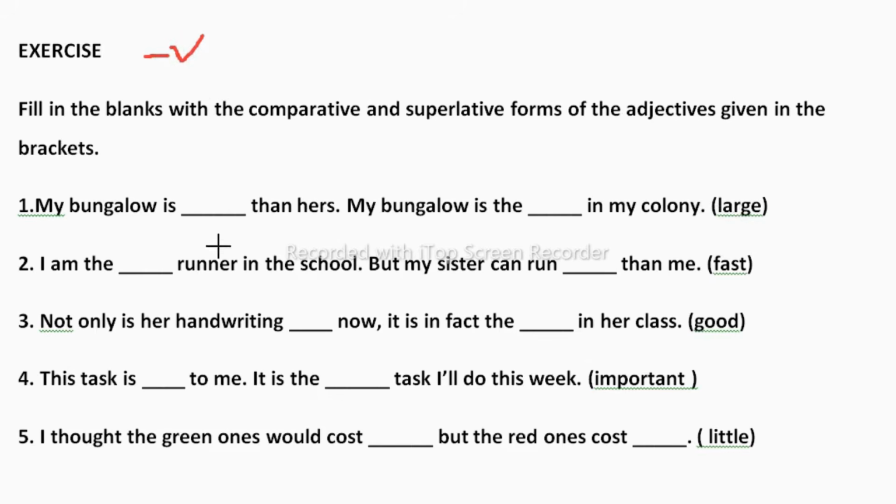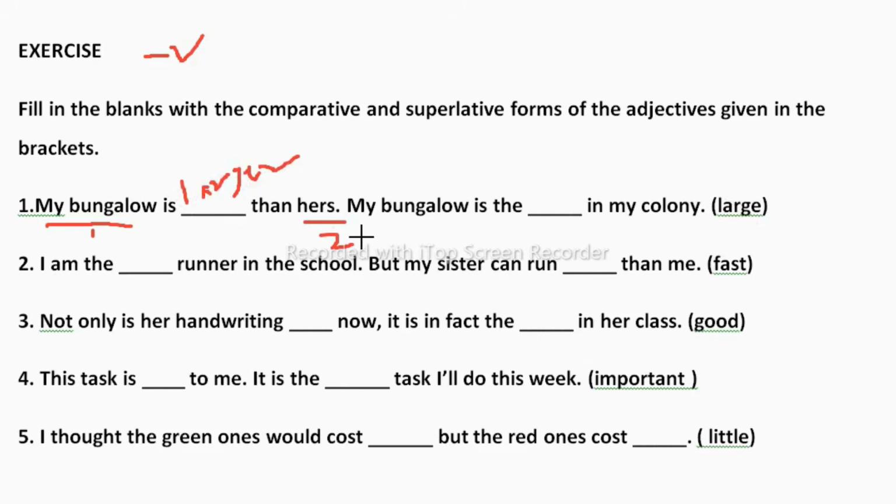Now, my bungalow is dash than hers. So here we are talking about her bungalow and my bungalow. So one bungalow and two bungalows. So here we are talking about two things, so we have to use the comparative degree. So my bungalow is larger